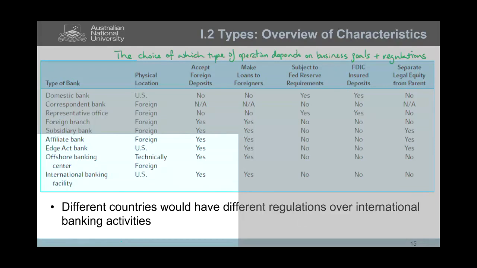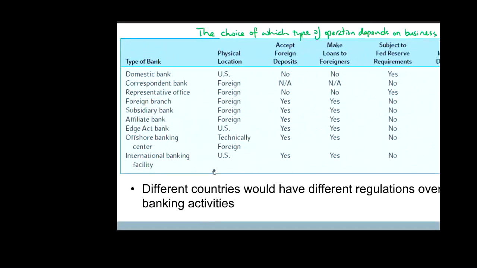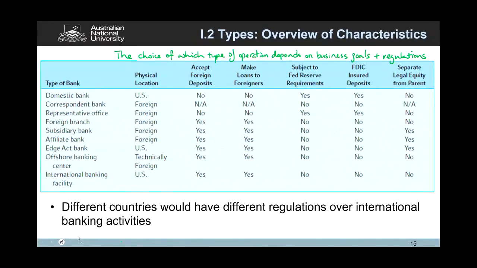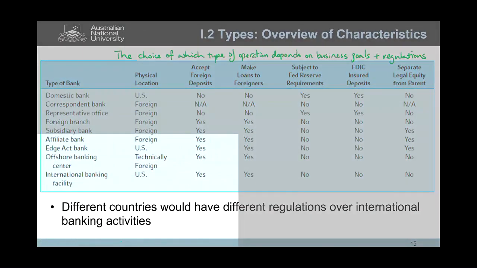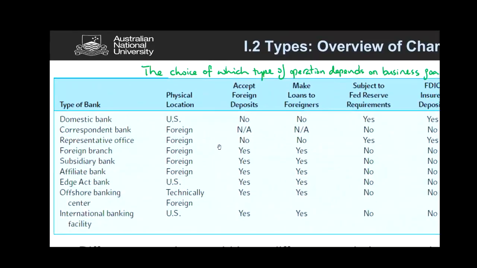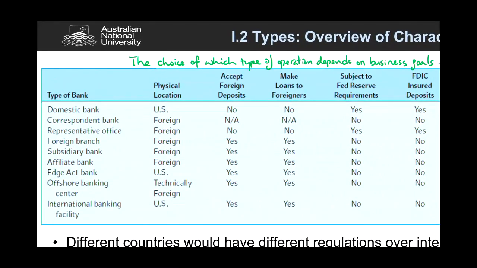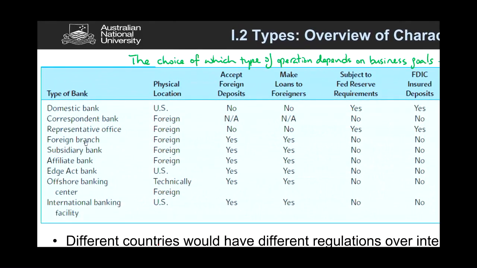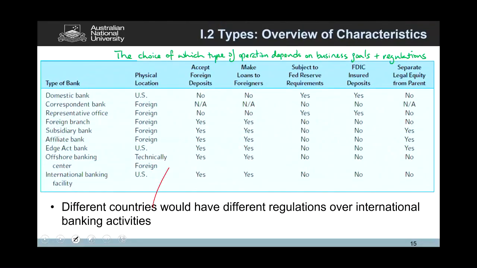How do I get out of this? Okay, so this one for branch, okay. All right, so foreign branch here, subject to both local plus host